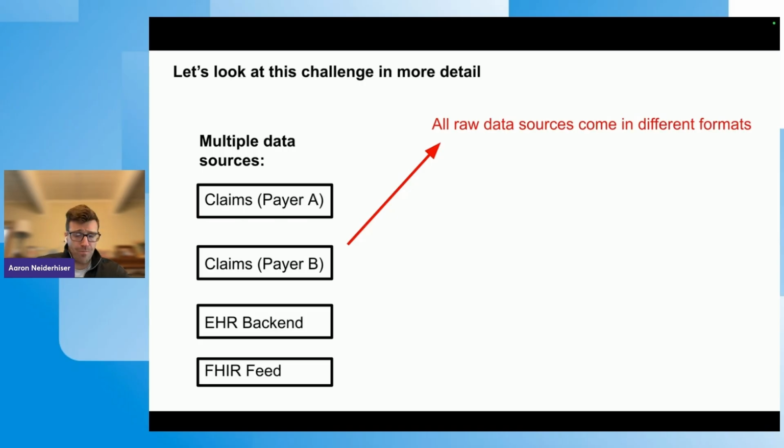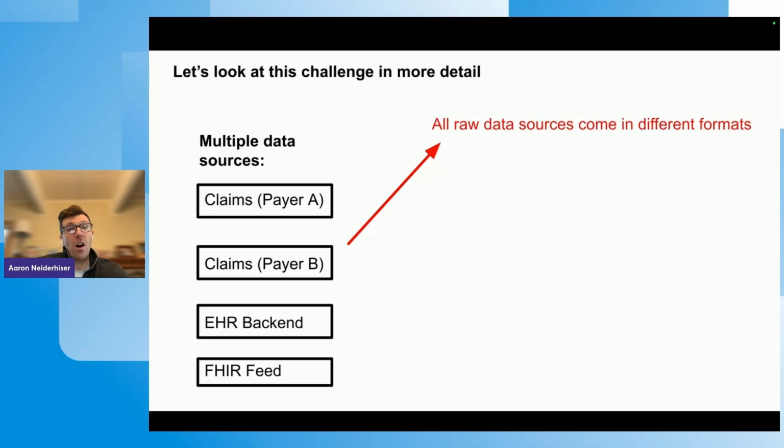So every payer, every health plan basically maintains their own special data model where they store all their claims data. And basically every claims data set you ever work with is going to have a slightly different schema. And every EHR data set, every EHR maintains its own distinct backend database, and all these backend databases have different schemas. And even FHIR, when you think of FHIR, you think, oh, that's standard. Well, it's not. It turns out every FHIR schema ends up being kind of a slightly different implementation of